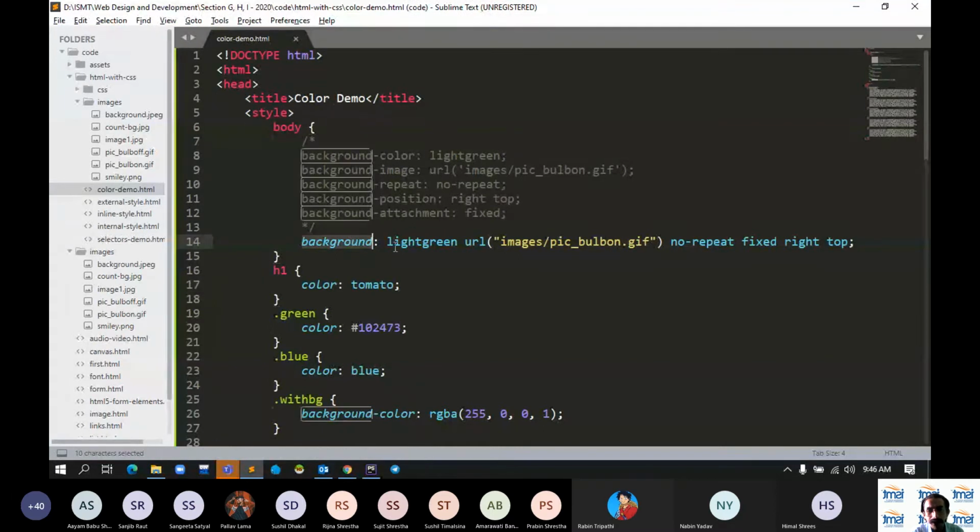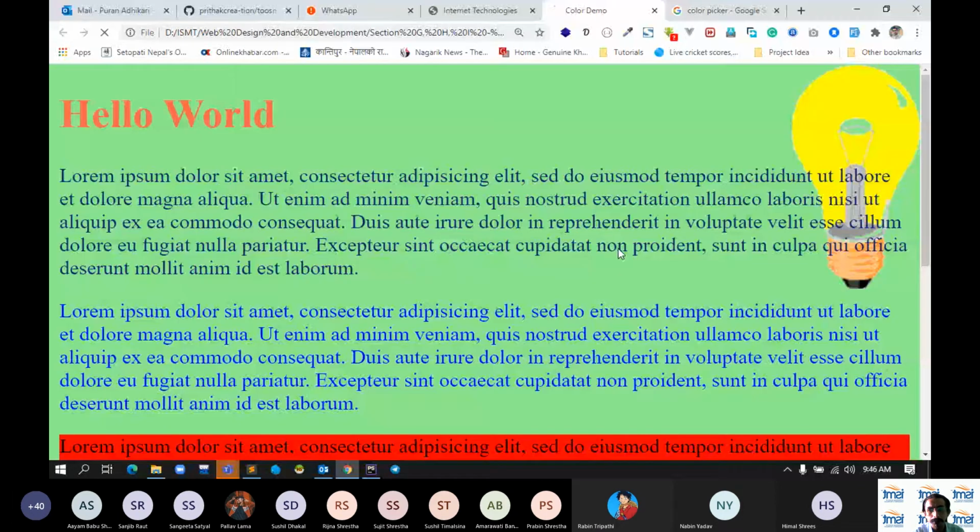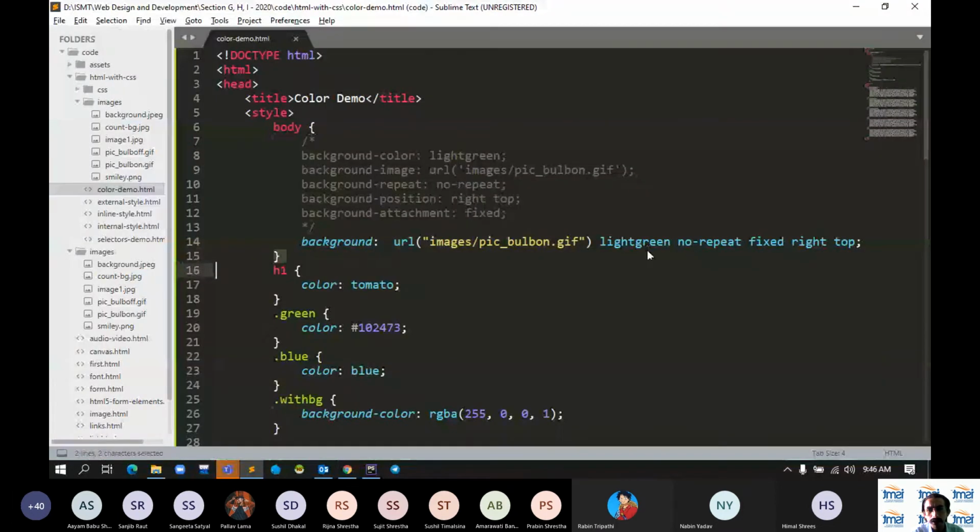So I wrote background, and then at first you need to provide the color. The order cannot be swapped. If I put the image first and then write color, it won't work, it will cause a problem. Some things work if you understand them, but it is not the way. So you need to put color at first, image URL at second, repetition at third, attachment at fourth, and then